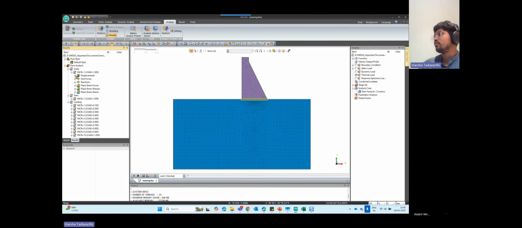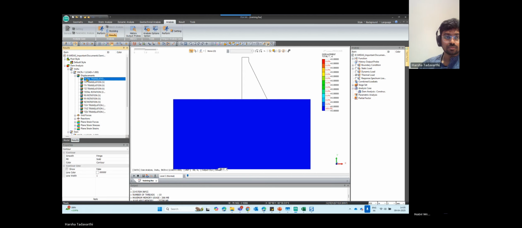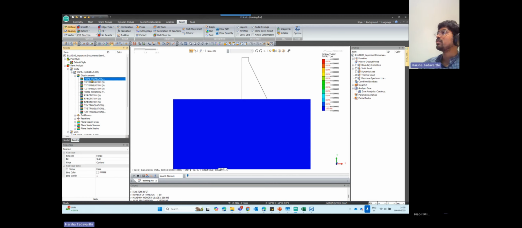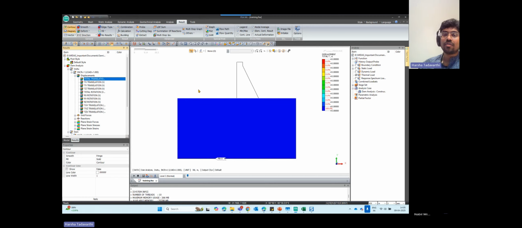I want to see the results of displacement at first. Let's go for displacement here. Go to displacement, and I want to see the total translation. You can double click on the total translation to see the result. So right now we cleared the displacement in the initial stage, hence the results of the initial stage is 0 for displacement, because we cleared the displacement because of the self-weight of the rock. Now, in the next stage,